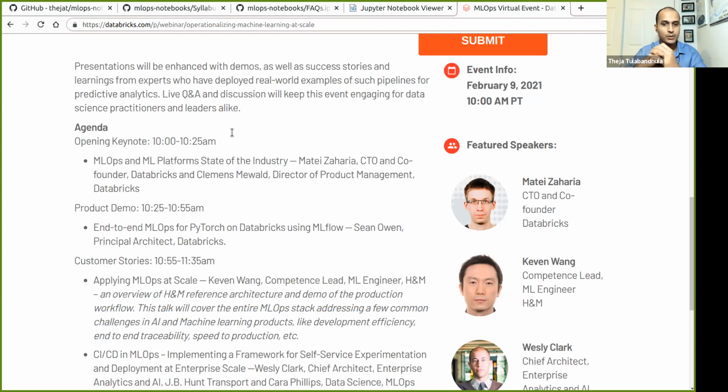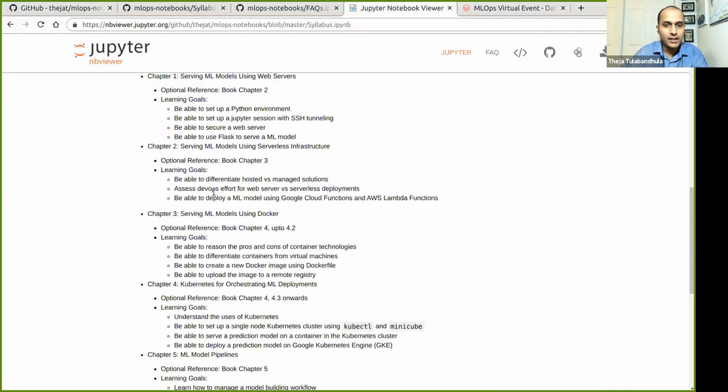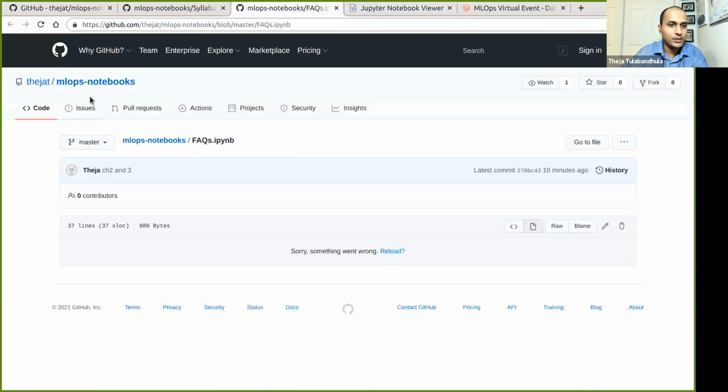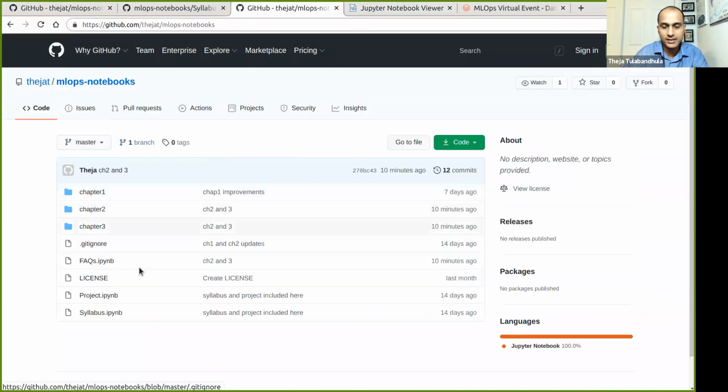Second quick announcement is with respect to the code that we are used to seeing in our classes. So basically, let's go back to MLOps. This is the folder that we've been using, and we'll try to cover module 3 today once we finish cloud functions and Lambda functions.